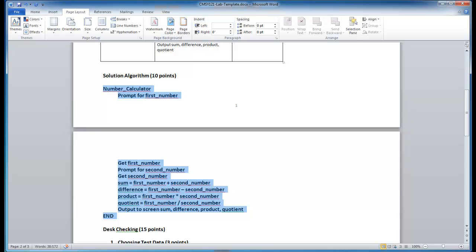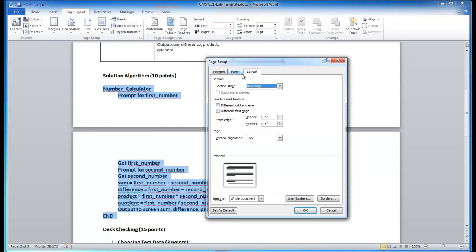Now that we have our code selected, let's go to line numbers, line numbering options, select selected text, because what we're about to do, we want it to happen just to the text that we have here, not for the entire document. Select line numbers,